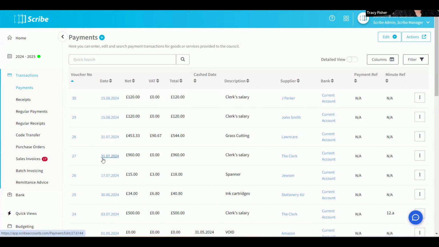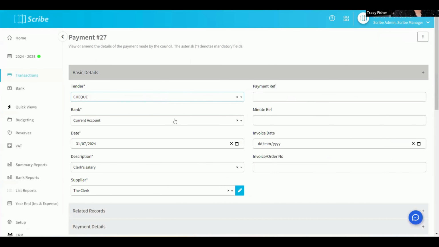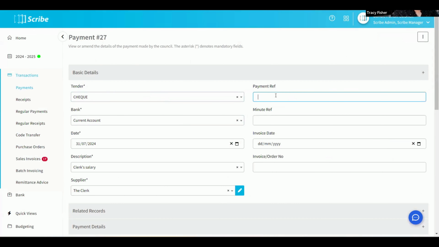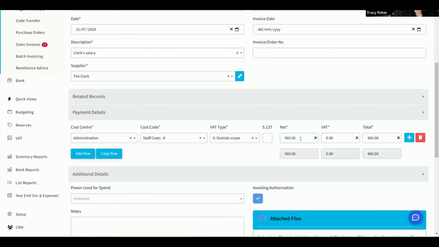So what we recommend you do in those circumstances is to set the net value of the transaction to 0. So previously you just saw me go in via the date to edit this transaction. You can also use 3 vertical dots on the right hand side and edit the record. So here where I edit the payment, I'd recommend in the payment reference at the top, literally just pop the word in void or duplicate or something that tells you that this is a duplicate or void payment. Here is where we then set that net value to